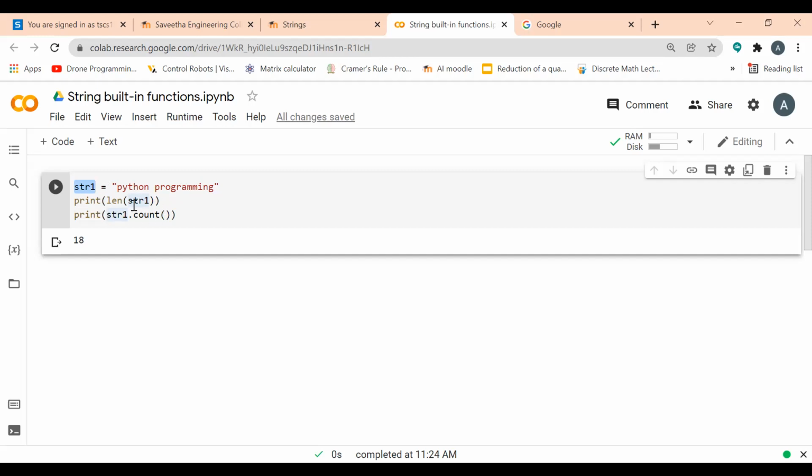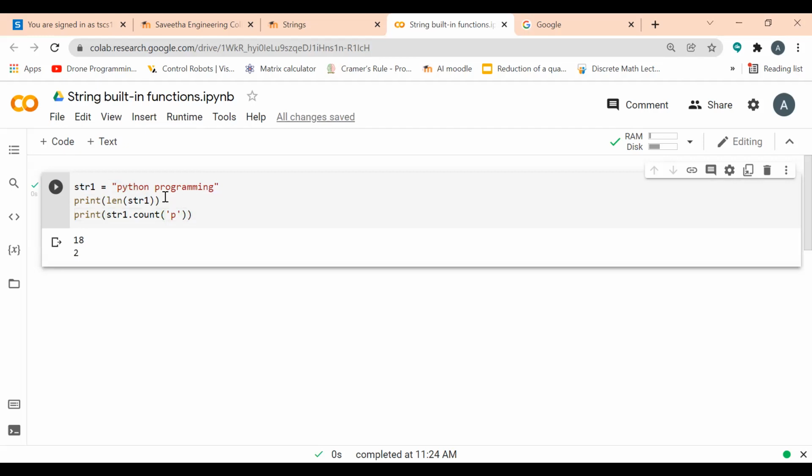So str1 dot count of p will return how many p's are there. One p from Python and another p from programming, so totally 2 p's. My output is 2.